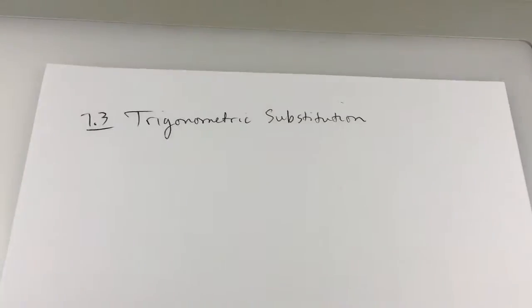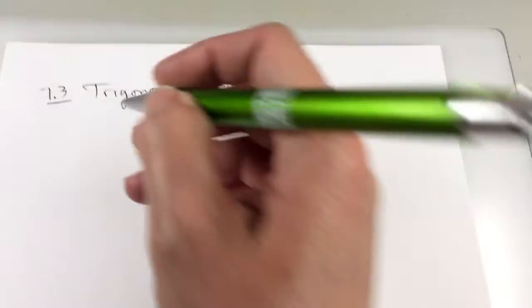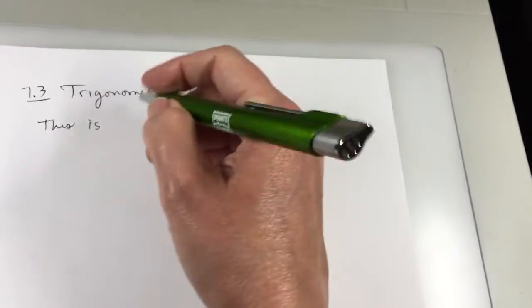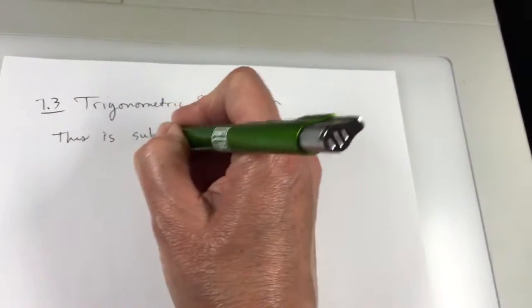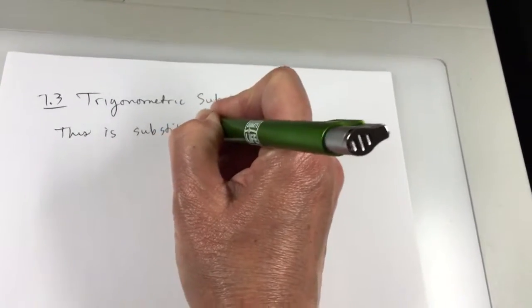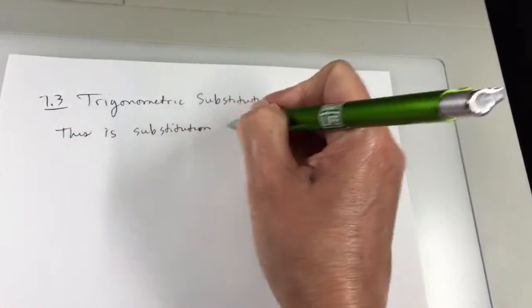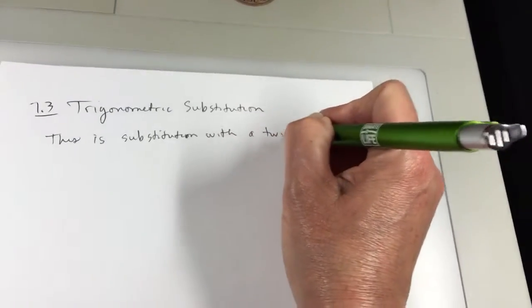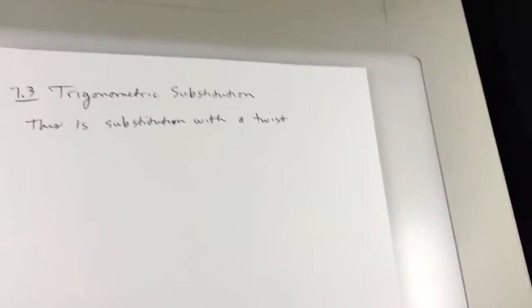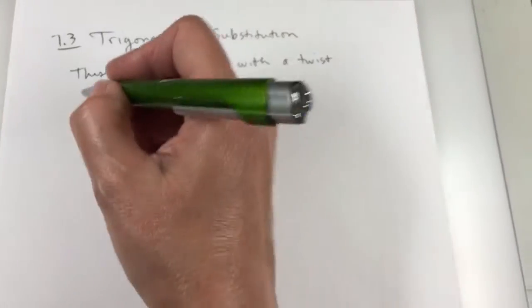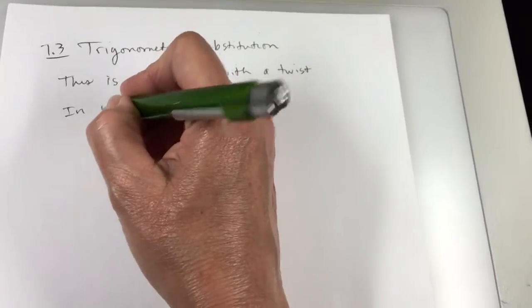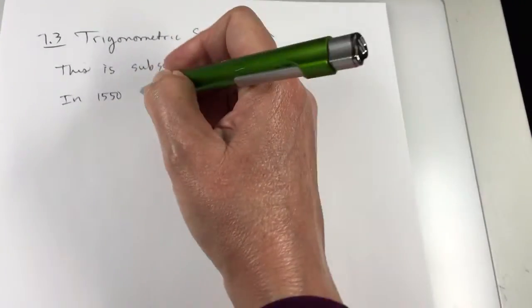In 7.3, we're doing trig substitution, and I'll call this substitution with a twist. I made that up. Okay, in the first calc, in 1550, first calc,